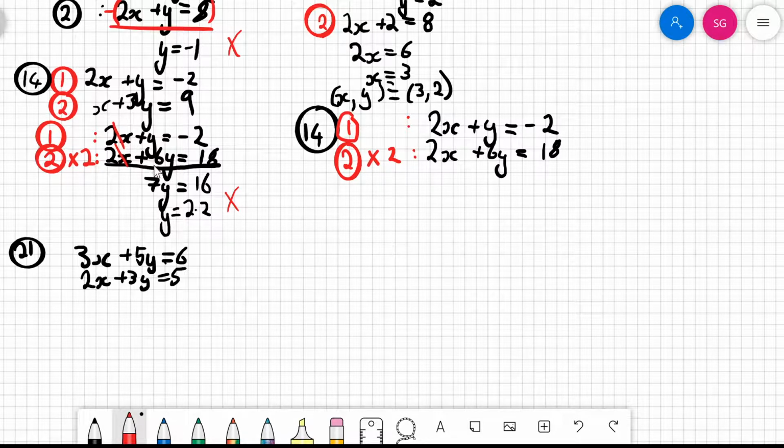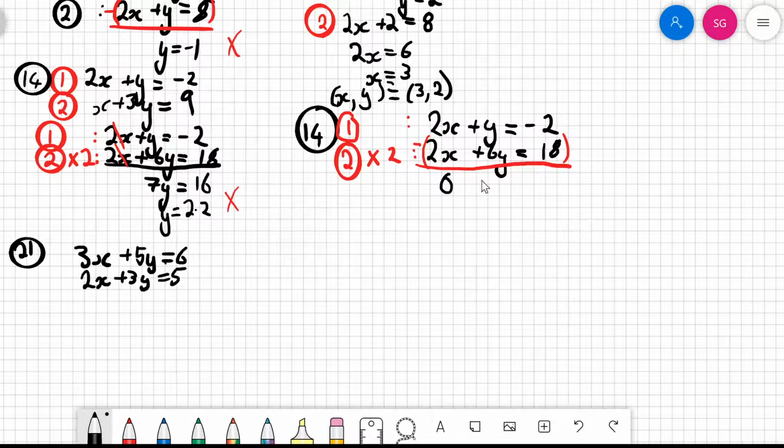Now, what did this person do wrong? Well, they added them rather than subtracting them. Again, a very common mistake I'm seeing. So if you have the same signs here, so both of these are positive numbers, if you have the same signs, we subtract. And I'm going to talk a little bit more about that in lesson 2, which is already up. So you end up with, okay, 0 here, and then we're dealing with